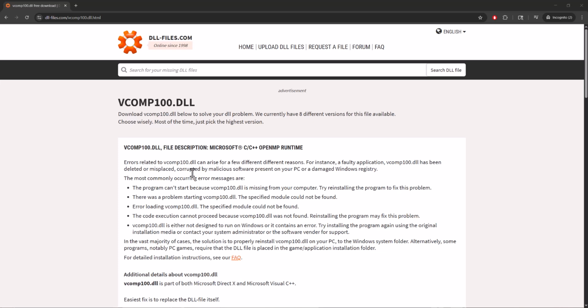Today I'm going to show you how to fix the vcomp100.dll error that you may be getting. So let's get right into this. If you're getting an error that basically you're missing this DLL file, I'm going to show you what to do to fix this. So all you need to do is basically search for this in Google until you come